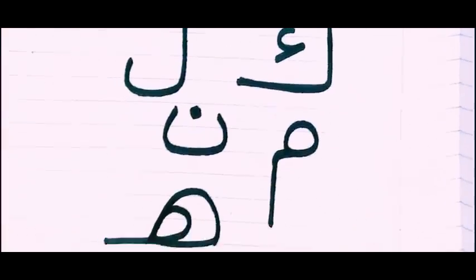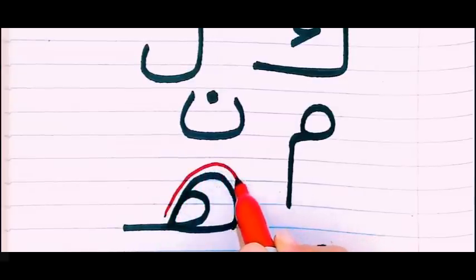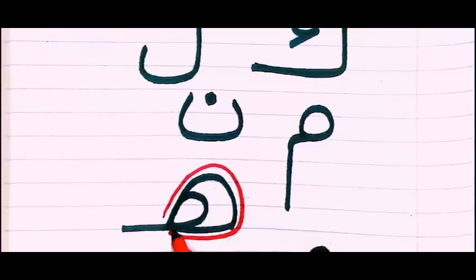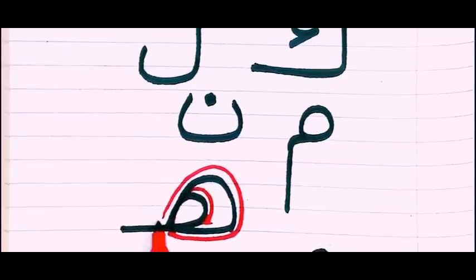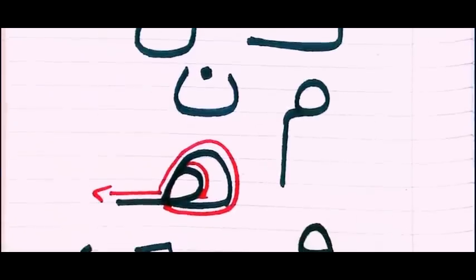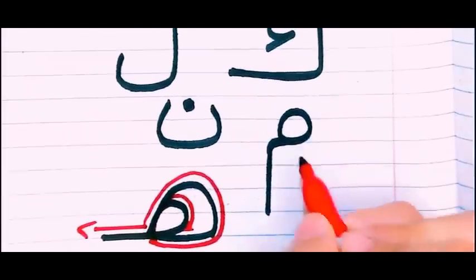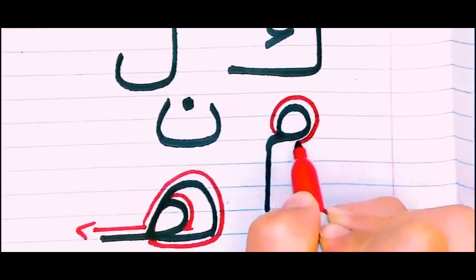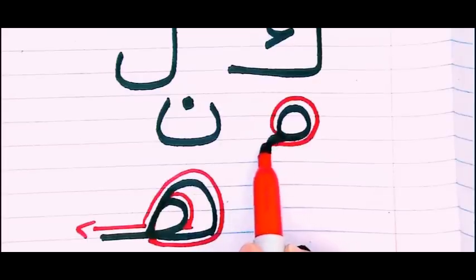So here we go. The ha. I'll show it to you again. So you go this way. Down. And as soon as you reach this knot, you get inside the circle. And you go this way. And then you pull the line out. Ha. Okay? And then we have meme. See, you start from here, you go this way, and then you just leave the circle, you leave out, and you go down.